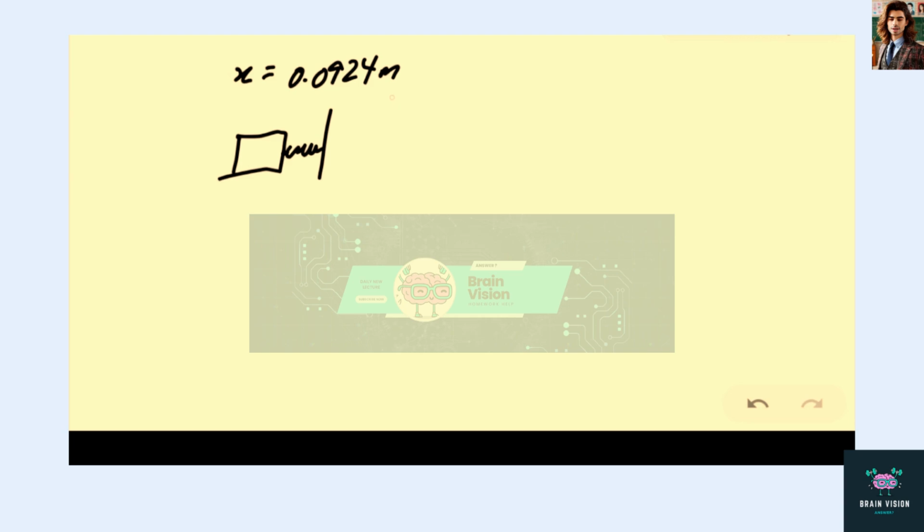And we know that in order for the block to go back to the unstressed position, it would have to overcome friction using the amount of elastic potential energy that is stored in this spring. And we're given that the friction is 3.92 newtons. So therefore the total work done in order for it to push it back to the original position